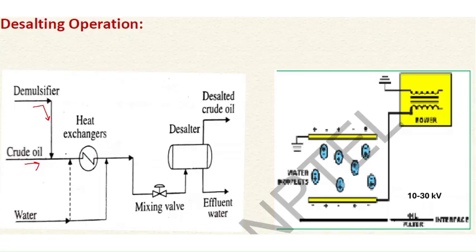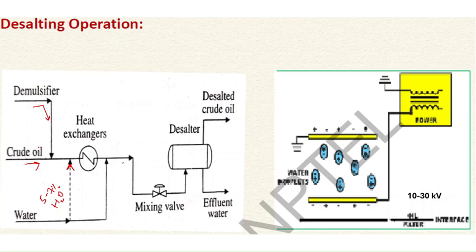So from here, this mixture of crude oil and demulsifiers will be introduced, and it will be heated using this heat exchanger. It will be exchanging heat from the heat exchanger and heated. Some amount of water will be added from here itself, and some amount will be added afterwards as well. So 5 to 7% of the crude oil, that much amount of water we add in the crude oil.